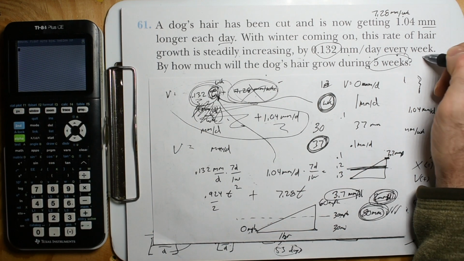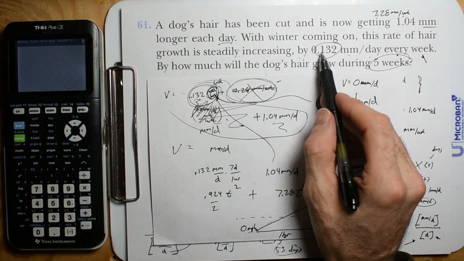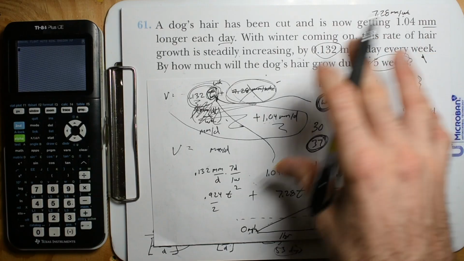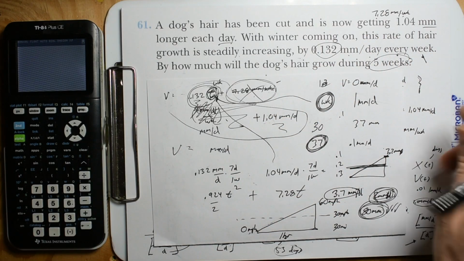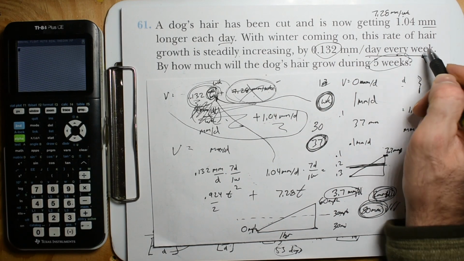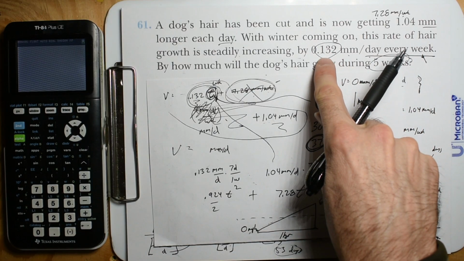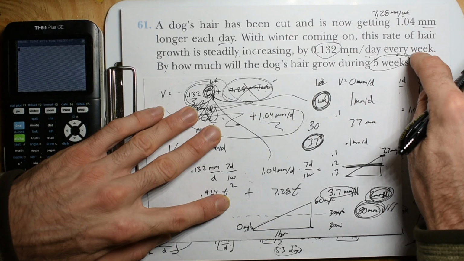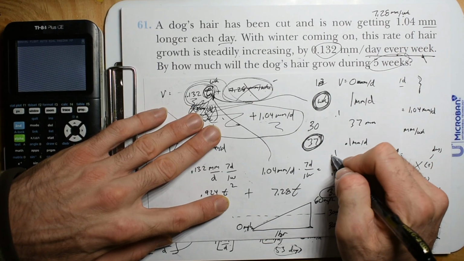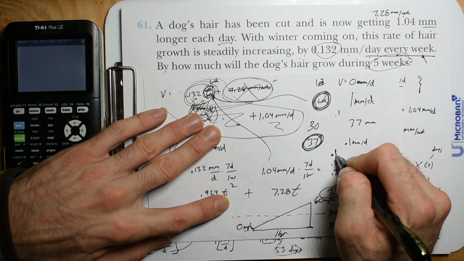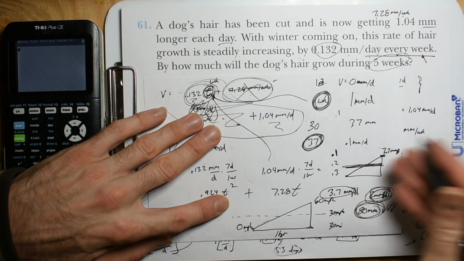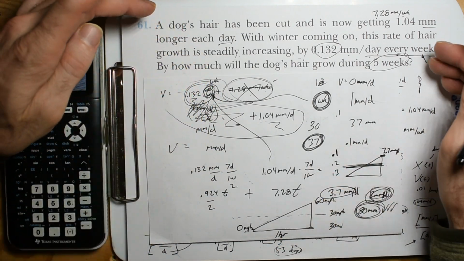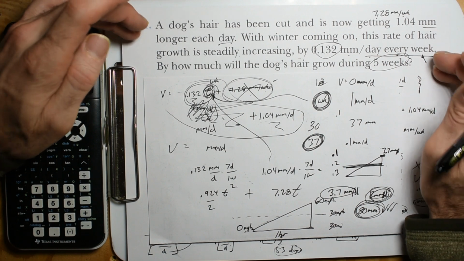Oh, and I'm sorry, I read this wrong. I have a hard time reading things. I kind of just, in my mind, make up what I think it should be. But I mess up all the time with that reading comprehension. This is an increase of 0.1 millimeters per day, but this is only every week. So the rate at which the change in velocity of the hair, and it's so weird to think that hair has velocity. That's kind of the take-home point of this problem,